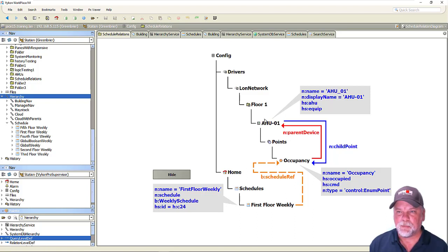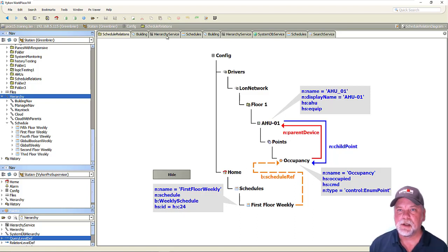And ideally, I probably want to look for the devices, because the devices are what have the PX views assigned to them. Probably don't want to just look for the occupancy points. It'd be more useful to show the equipment with the graphic link. So in this case, we could look for things maybe that have the HS equip marker tag on them, and also which have a parent device relation, which comes from some control point, which also has a schedule ref relation, right? Which relates to this component, which has an HSID tag on it that matches the value that's stored in